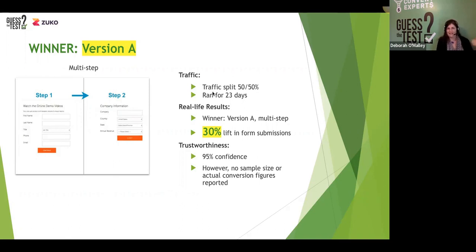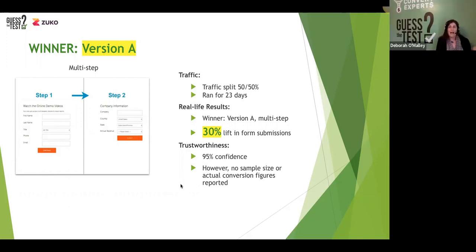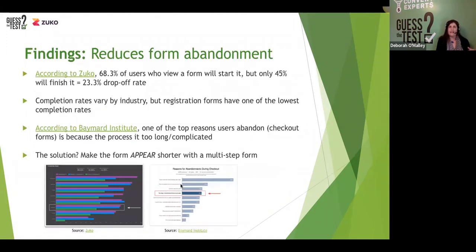This was a split test run with 50-50 traffic over 23 days and 95% confidence. Unfortunately, no sample size or actual conversion figures are reported. So, there may be some issues with this test, but it's a finding I think that can be extracted, and we can see that multi-step can be really beneficial, at least as something to test and see if it works for you. Because, Alan, as I'm sure you know, according to Zuko,